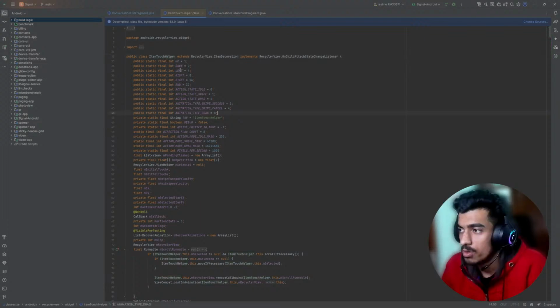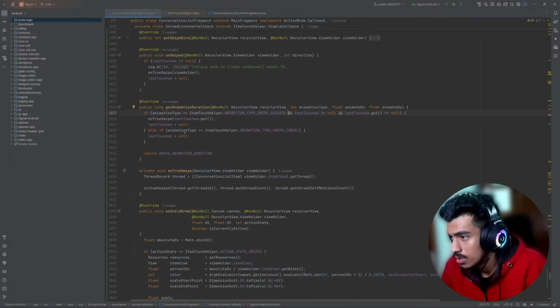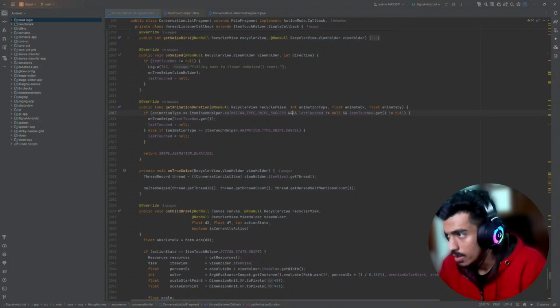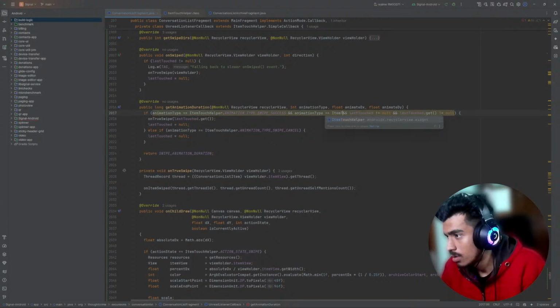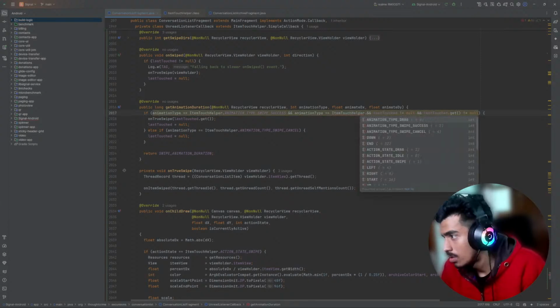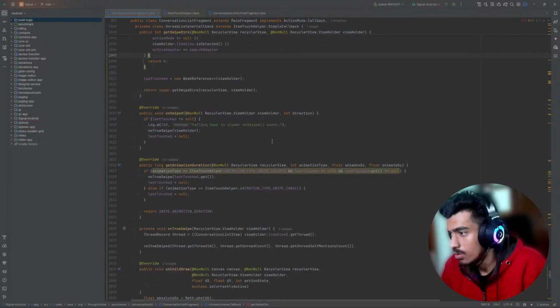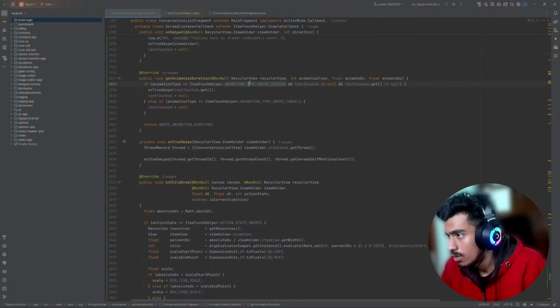I think the default is from the left side. Let me add one more thing, and animation type. Okay, that's not the animation type we are looking for. We are looking for